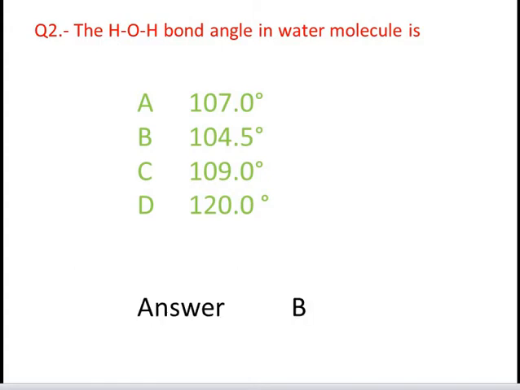So the answer is 104.5 degree. The water molecule possesses 2 bond pairs and 2 lone pairs, and that's why the lone pair repels the bond pairs more strongly, and that's why the bond angle of HOH is reduced to 104.5 from 109, which is of